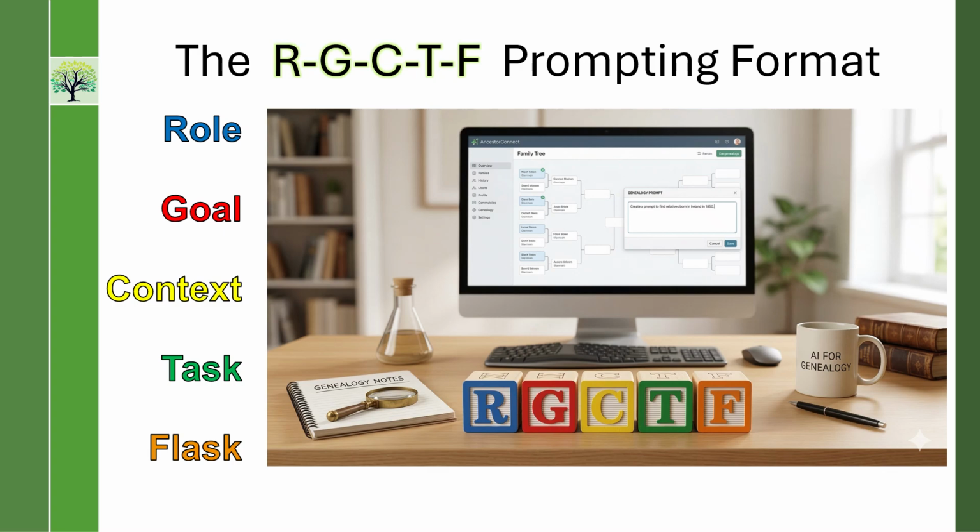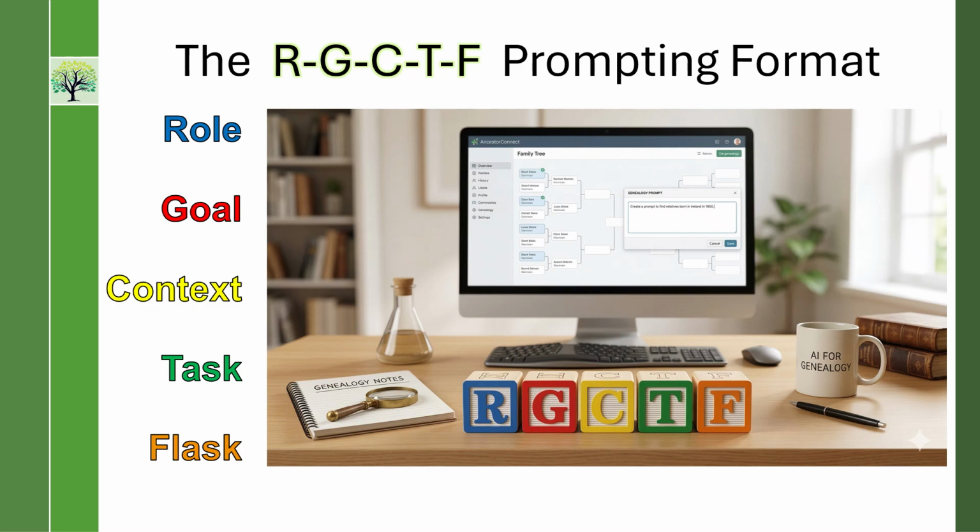But basically the role is that you're telling it what role it's playing. Who is it? Give it an identity. Its identity in most cases for us is going to be you're a family historian or you're a genealogist. And I'm going to show you these as we go through the examples. You want to tell it to think like a genealogist. Or if you're doing something else, you want to tell it to think like the professional. Tell it you have expertise in this. Really build it up, because then it's going to think that way. It's going to try to answer that way when it gives you your response. So that's the first thing.